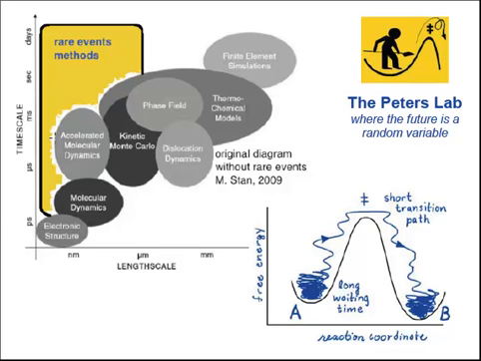We do research in nucleation and catalysis and also in the fundamentals of reaction rate theory. The theoretical methods that we use are a class of rare events methods. And rare events methods are really special. This is a typical diagram showing the multi-scale simulation landscape where you have time scale and length scale associated with different computational methods for studying chemical processes.